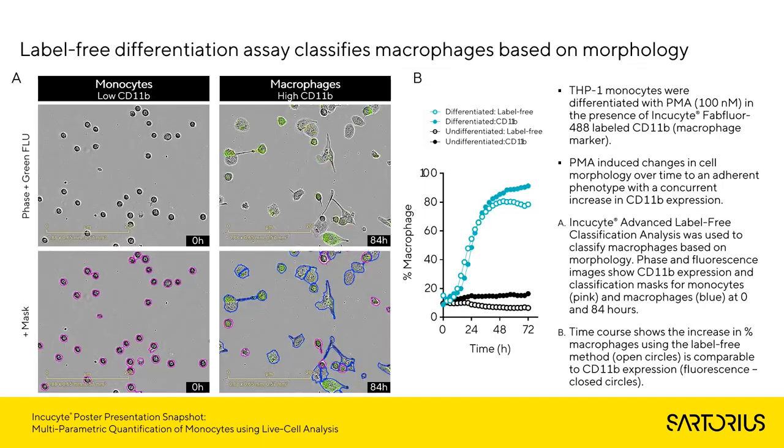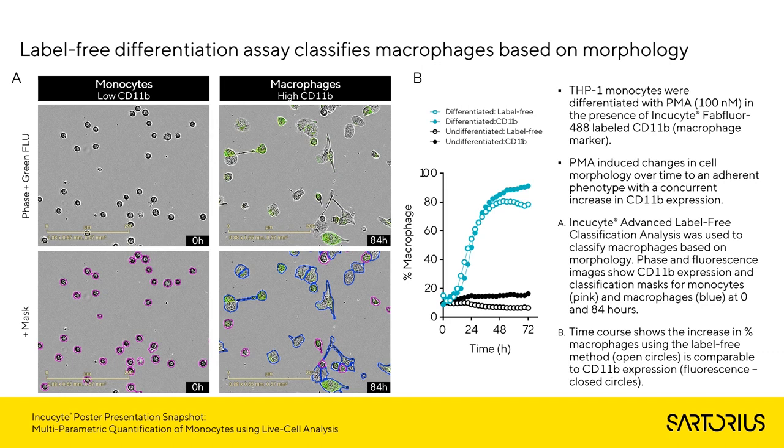cells. The activation and differentiation of immune cells is often accompanied by morphological changes, and we can quantify these using the InKsight Advanced Label-Free Classification software module. This software enables automated quantification of cell morphology by employing multivariate analysis to identify multiple morphological features, such as cell area, texture, brightness, and symmetry. These parameters are then used to create an unbiased, meaningful score value that enables subpopulations to be classified into two